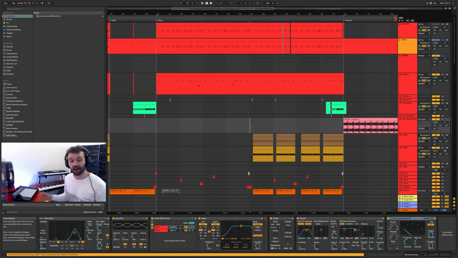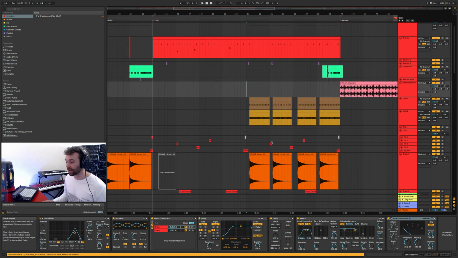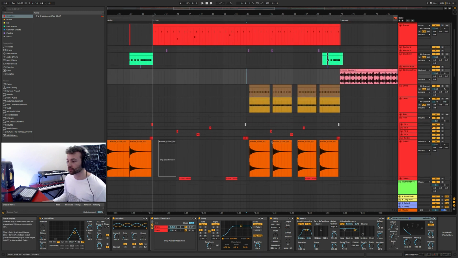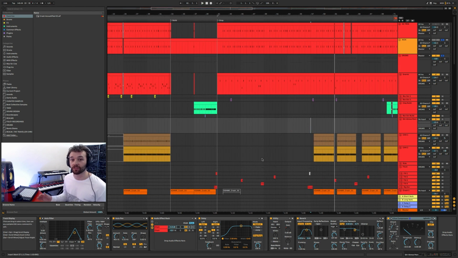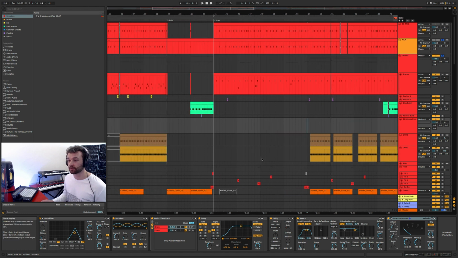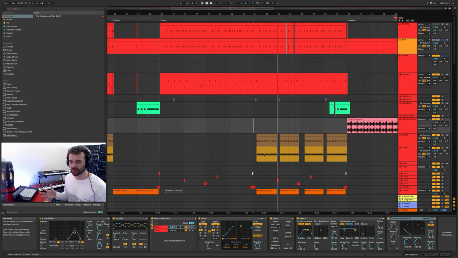Then in the second half of the drop, I add in the hi-hats and some more crashes as well. The hi-hat pattern is basically exactly the same as what happens in the verse B section previously,